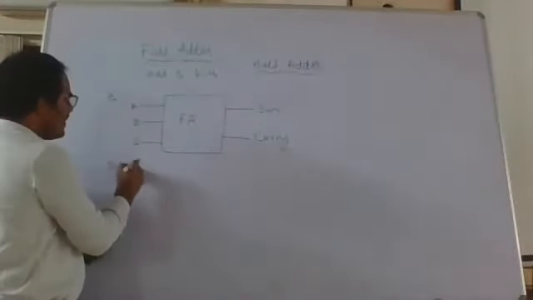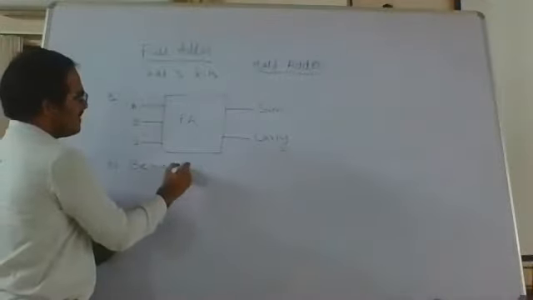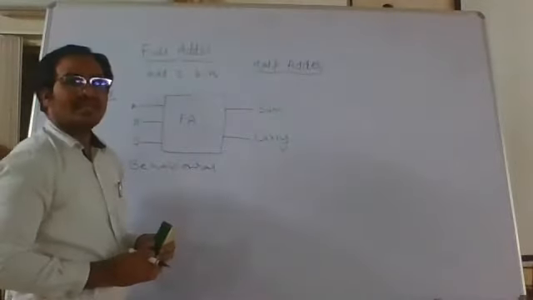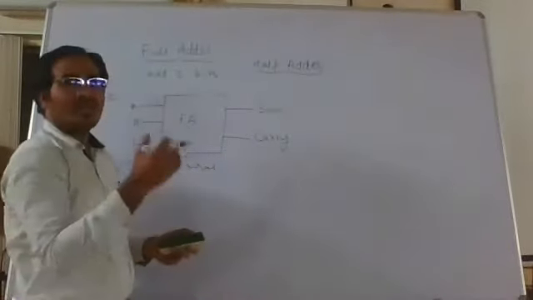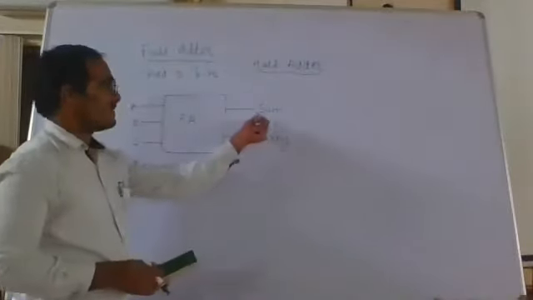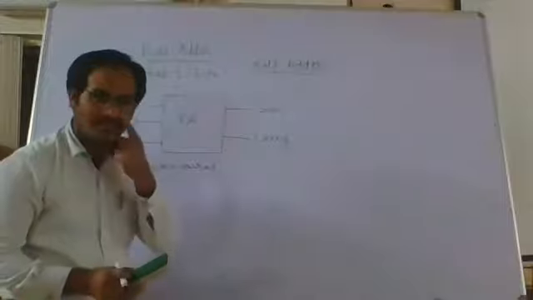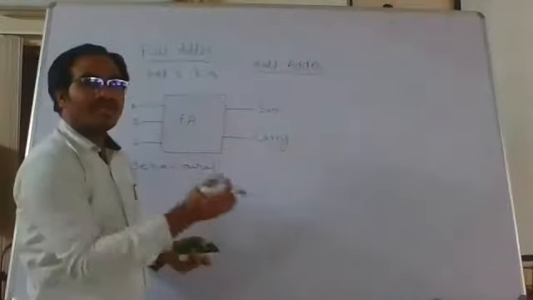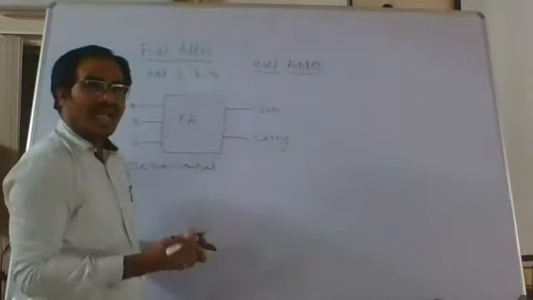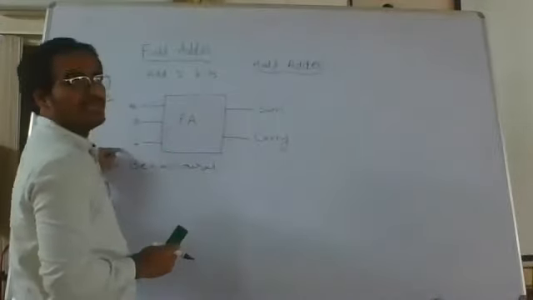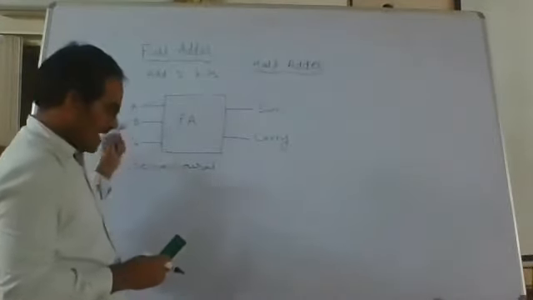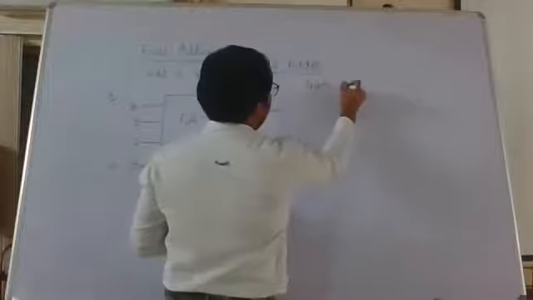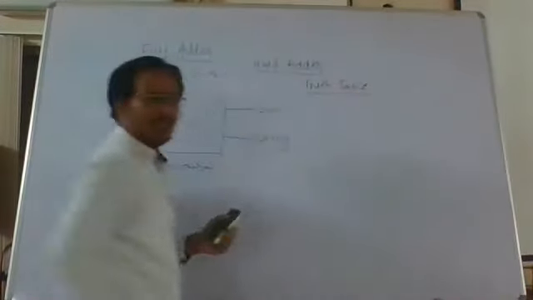The second level is the behavioral design. Behavior means how the inputs and outputs are related. What is the relationship between the inputs and outputs, or what are the Boolean expression forms for the 2 outputs? To get that, we should know the expected output of sum and carry for the input combinations, and for that we need the help of the truth table.